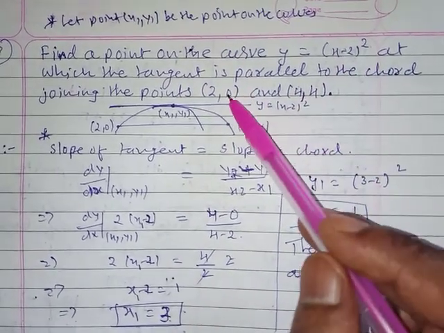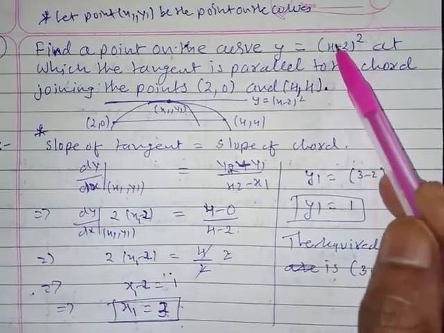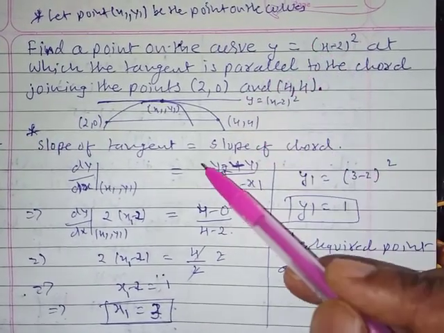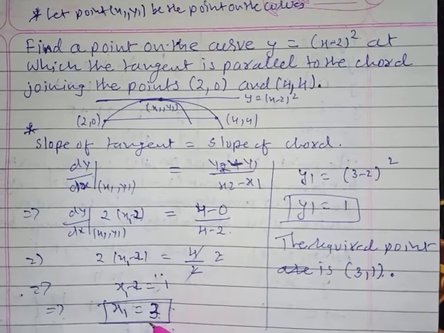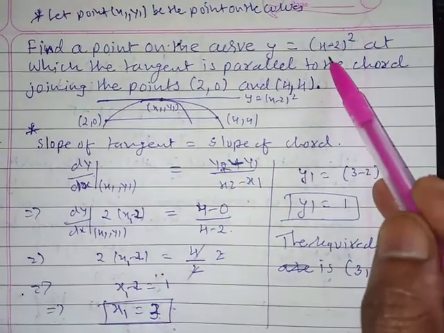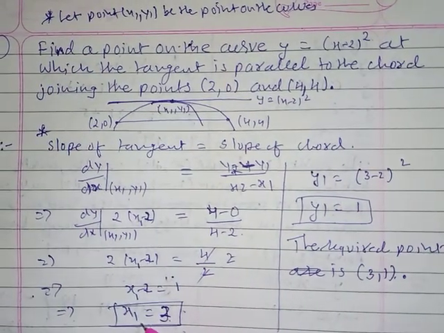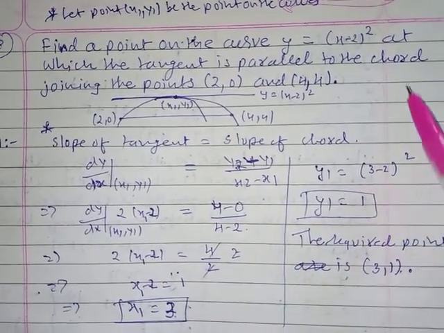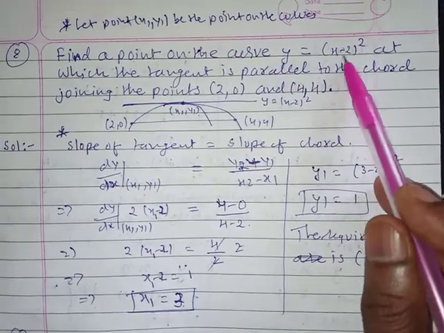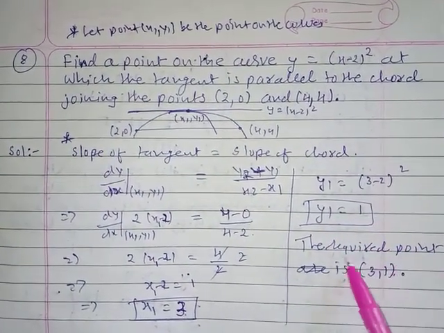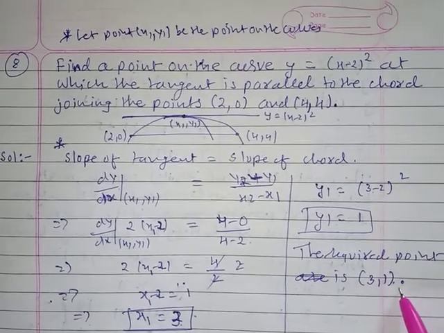Always the slope will be given one way or other. Here the slope relation is with the point, and here with the derivative. We have to equate that. Is it? And get the value of x. And once you get the value of x, you have to substitute in the equation, any equation given, to get the value of y. So x1 is equal to 3. So y1 is equal to, substitute this, we will take it as y1, then substitute the x1 and get the value of y1. So the required point is (3, 1).